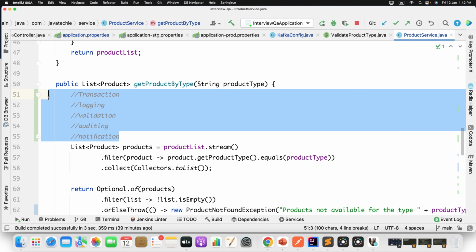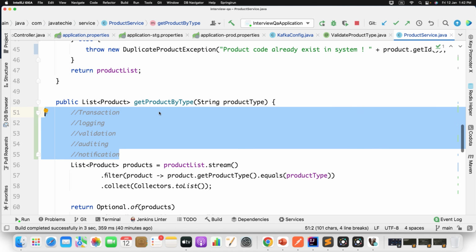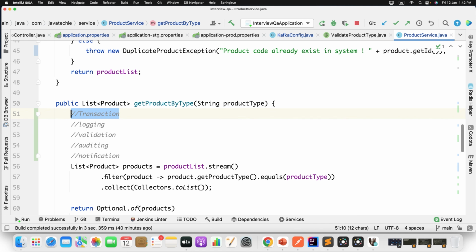These are the secondary logic. Without these also my business code will work. So rather than duplicating code here, segregate this secondary logic from my business logic, and that is where we can achieve it using Spring AOP. So what you can do using AOP, each and every secondary logic I can define as an